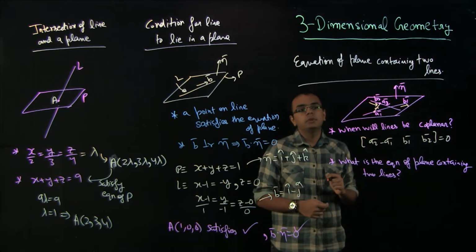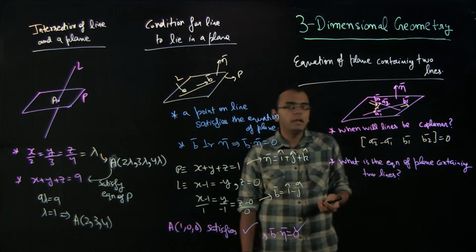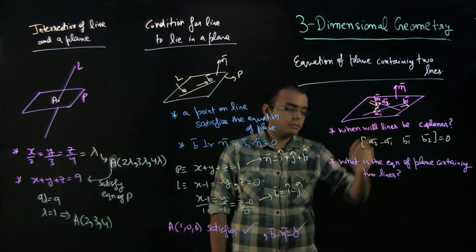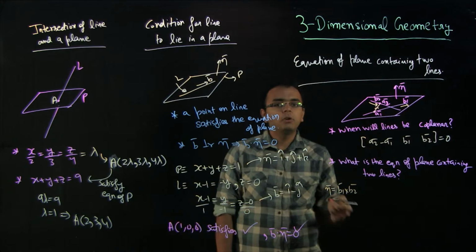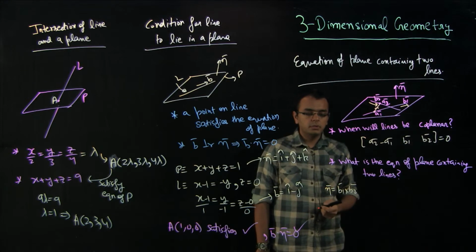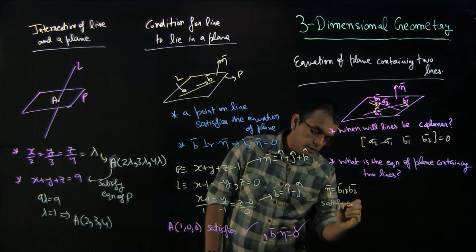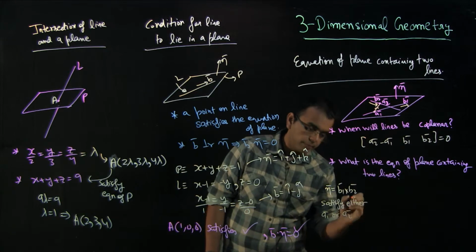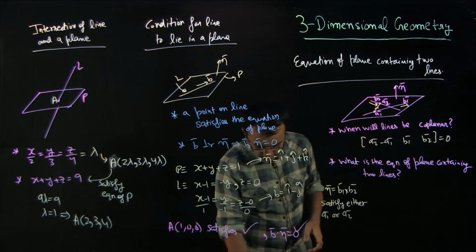What is the equation of the plane containing two lines? That is the interesting part. There are many ways to do it. The way I think is very easy is to remember that the n vector is perpendicular to the vectors on the plane. So you can take n to be B1 cross B2, and then you already have a point on the plane, either A1 or A2, that you can satisfy to make sure.